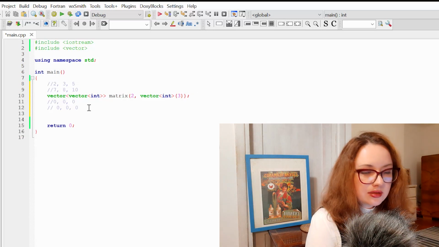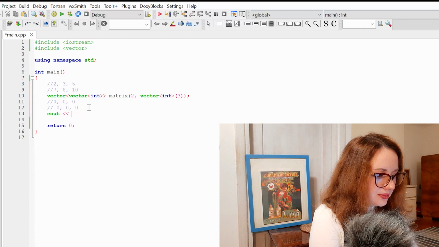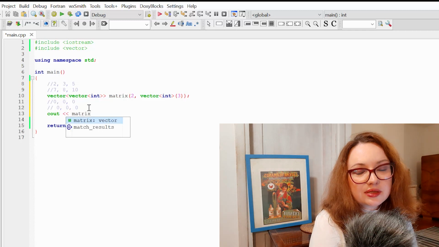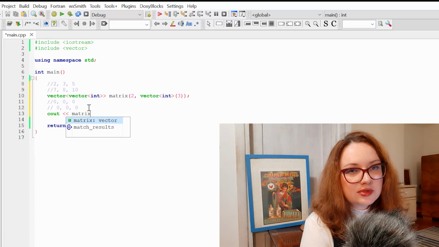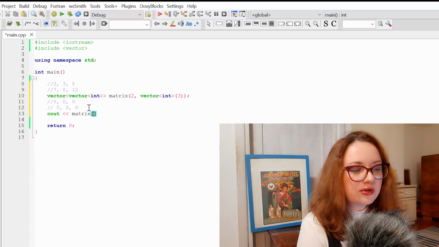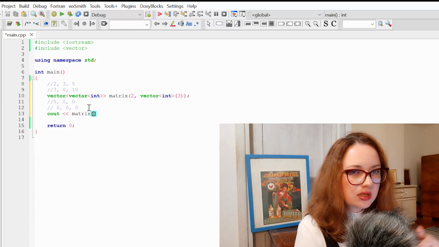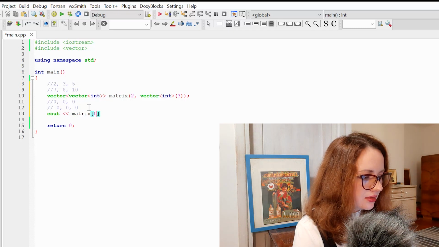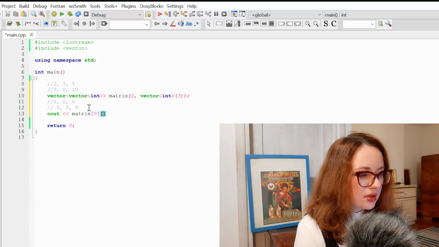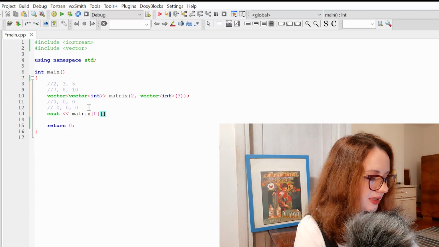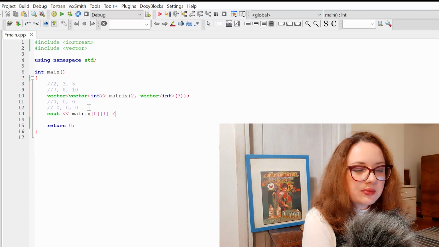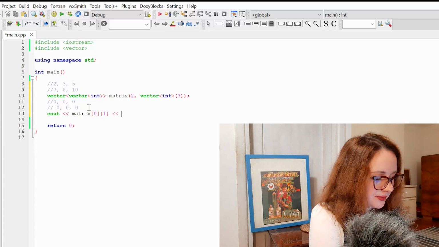We can check this. Let's type some of the member of our vector matrix to the console. To reach first and second subvector, I should in the square bracket write the number of my vector. Let's say I want to reach the vector number 0, and to reach the member of the subvector, I should once again write the number of this member in the second square brackets.